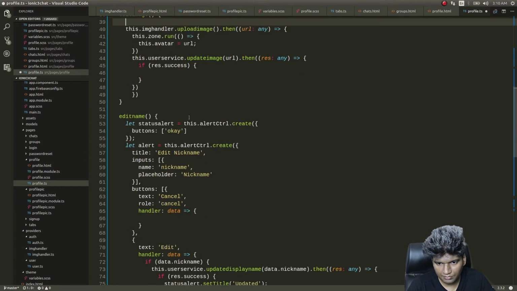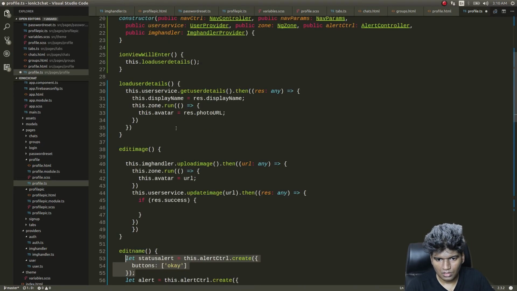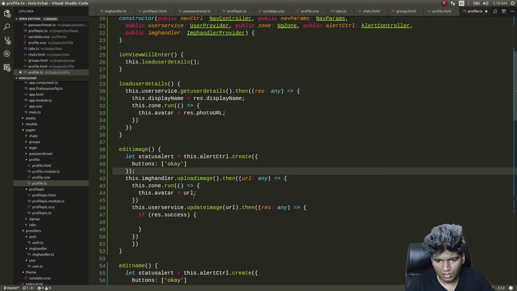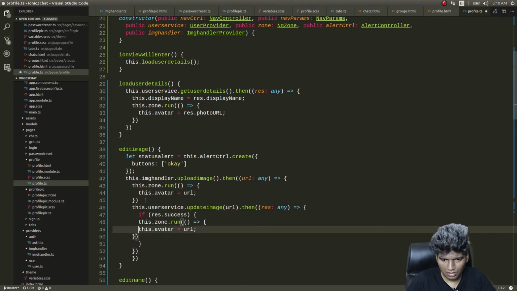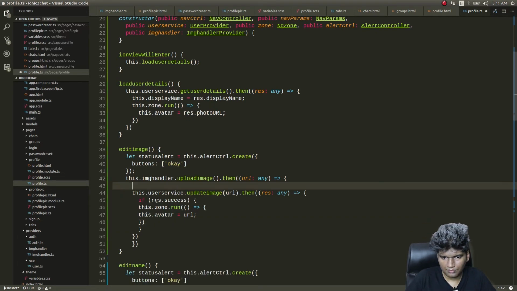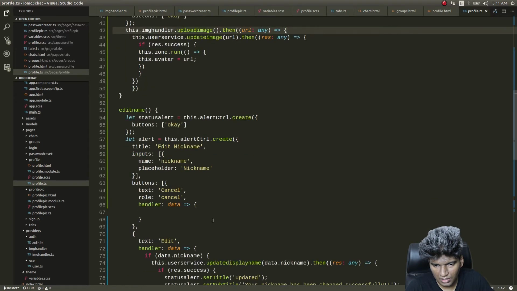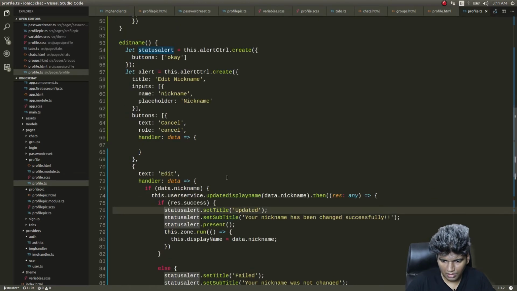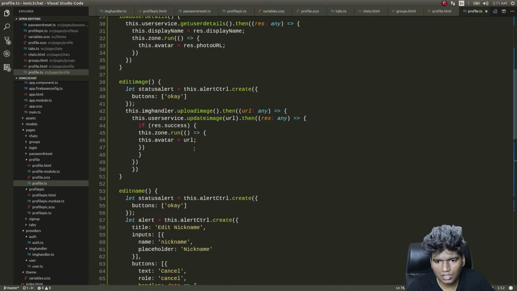We'll copy that. We'll copy this and then paste it here, and we'll copy this as well, paste it here, and we'll remove this here. Okay, and status alert, we had three things, right? We'll copy these three, and then